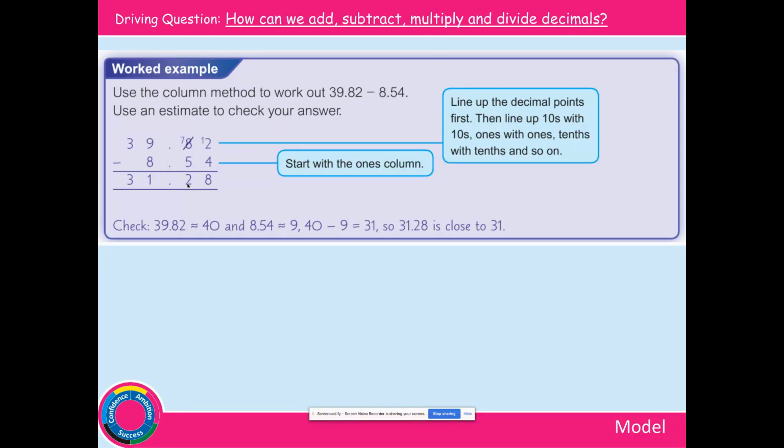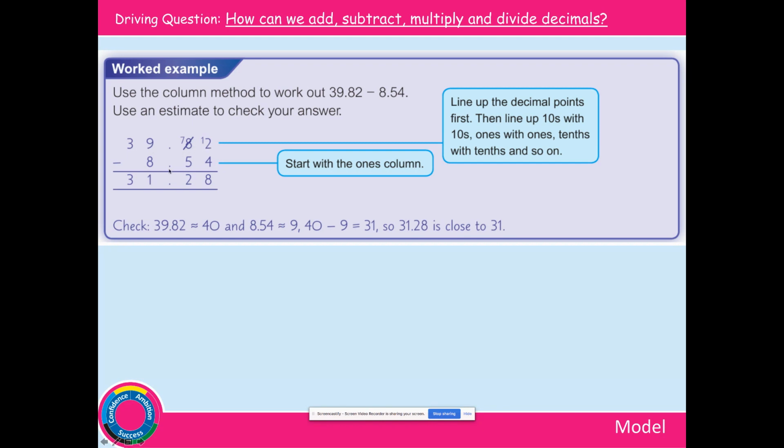Okay, worked example. Use the column method to work out 39.82 subtract 8.54. Use an estimate to check your answer. The most important thing when you're adding and subtracting decimals is to line up the decimal points. So we write out